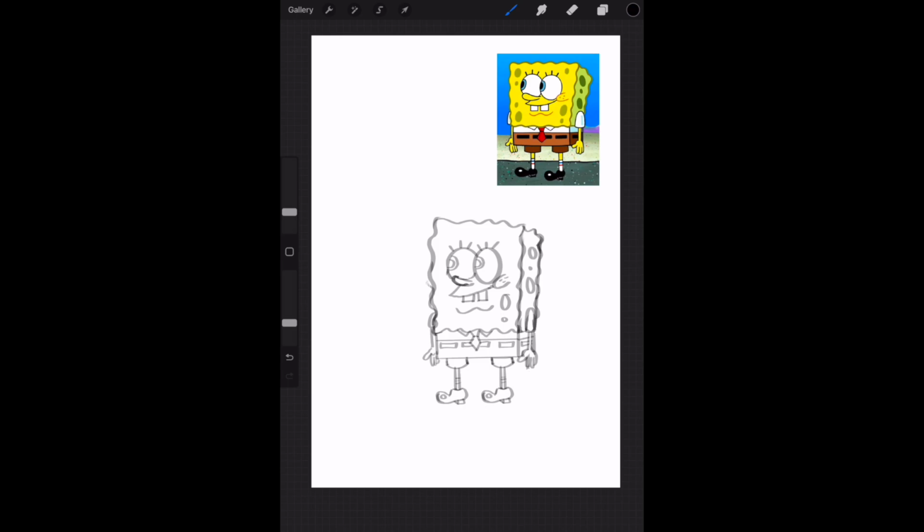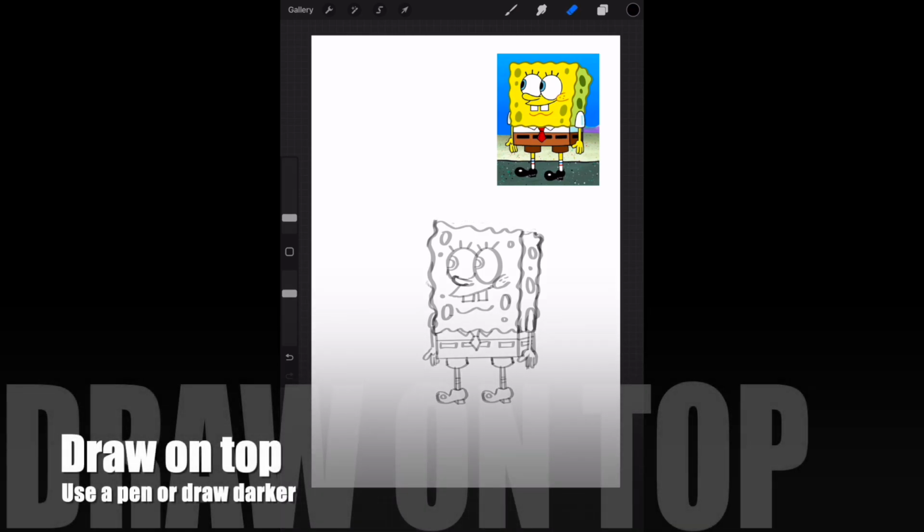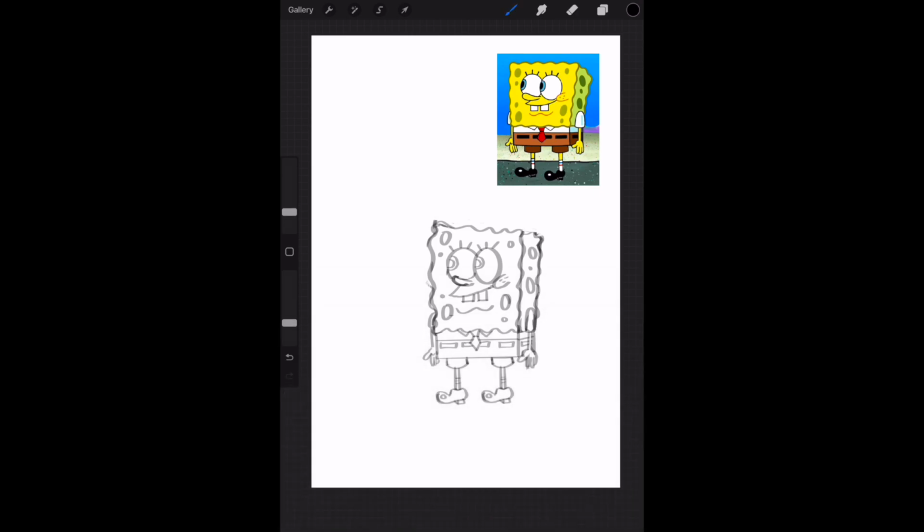Now I'm drawing the circles. Actually, they're ovals, kind of. Most of them are ovals. I'm slimming his face a little. You can do this too, according to which part is too long or too short. Or you can just leave it if you like it the way it is. And